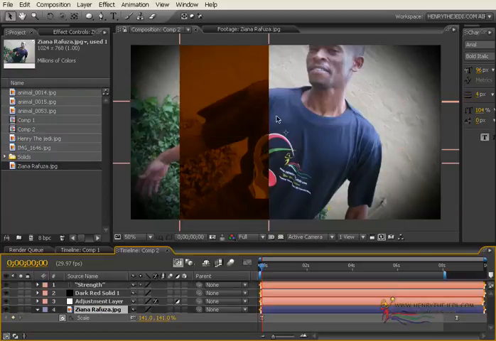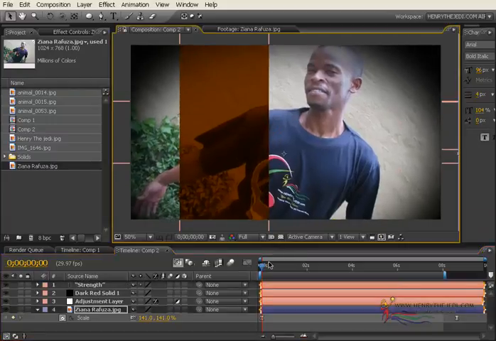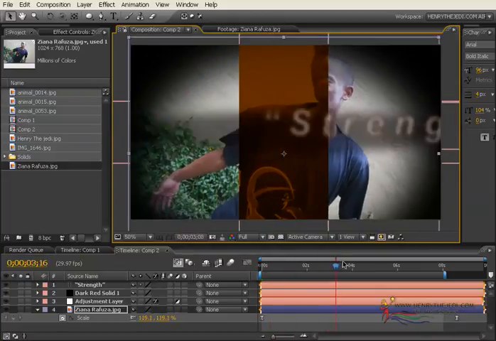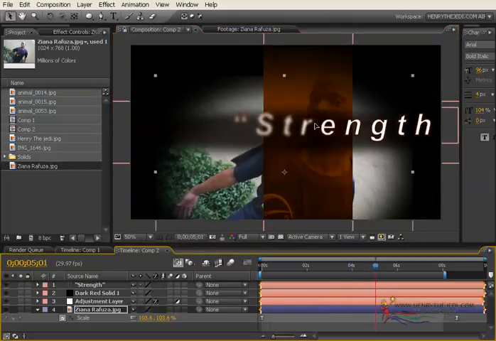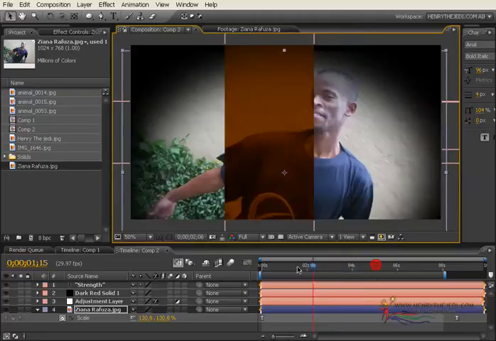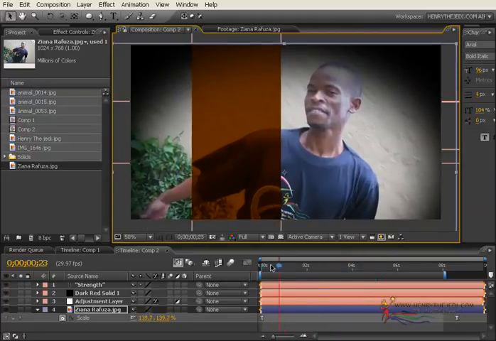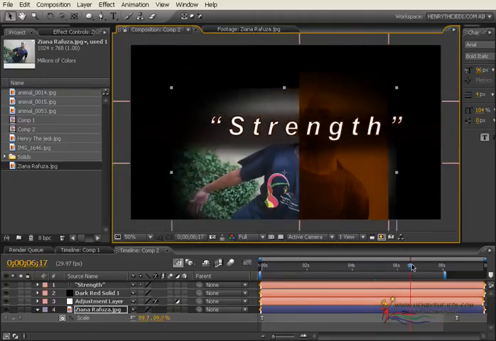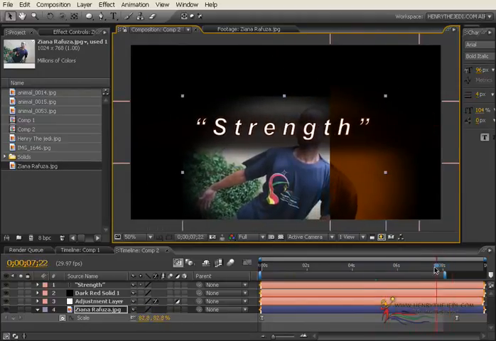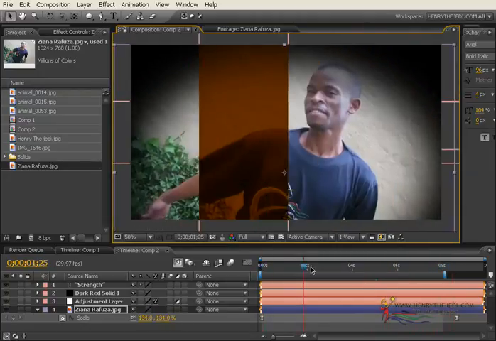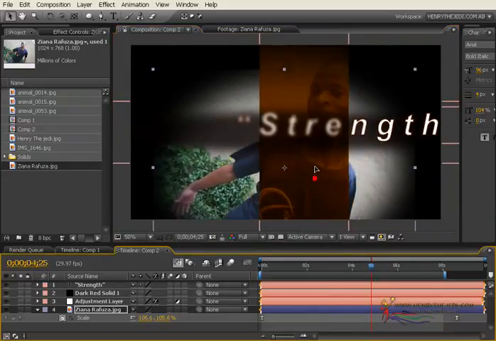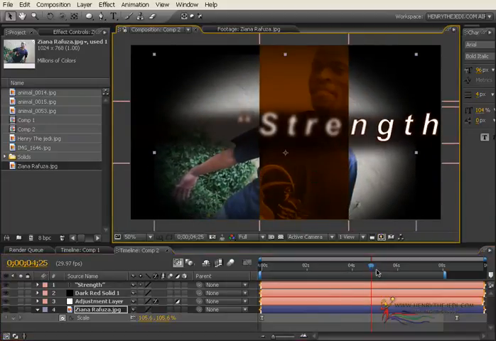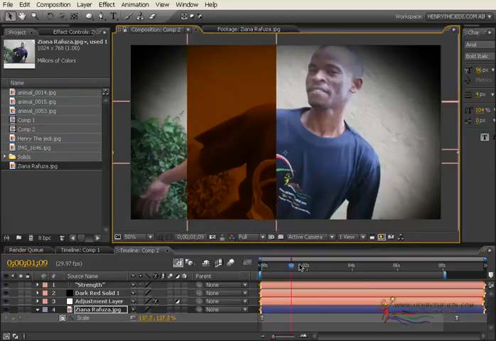We are going to position him a bit down so that we can see his head properly. Even lower so that we really get to see his head properly. So he will animate like that. Okay. Maybe he went too low there, so we're going to move him a bit up again.